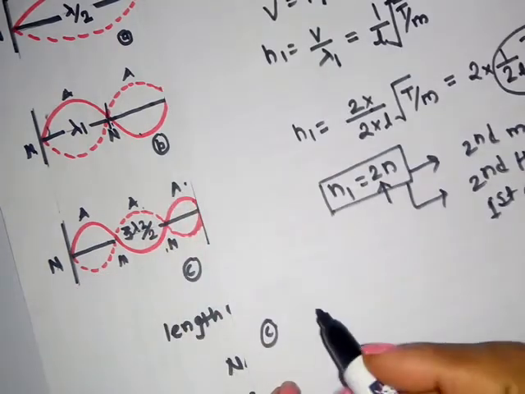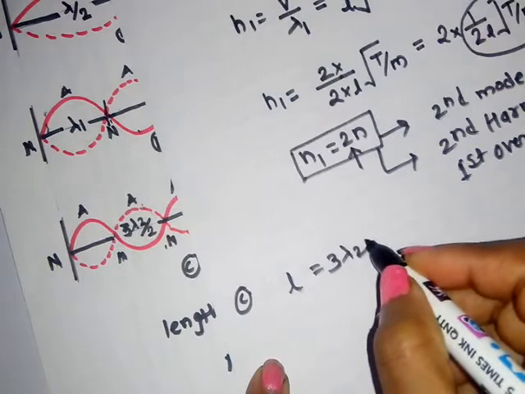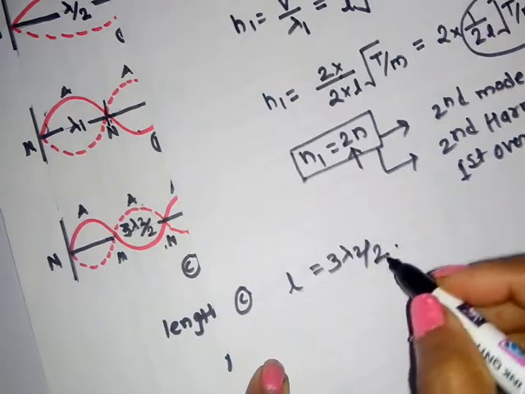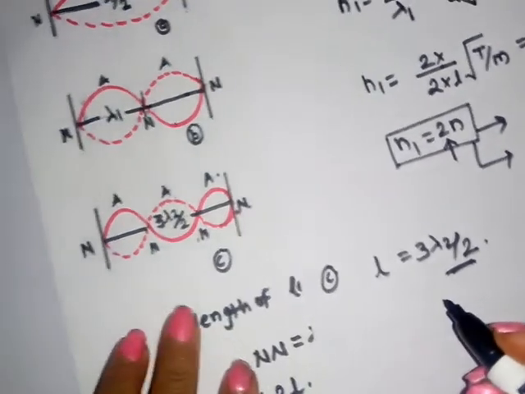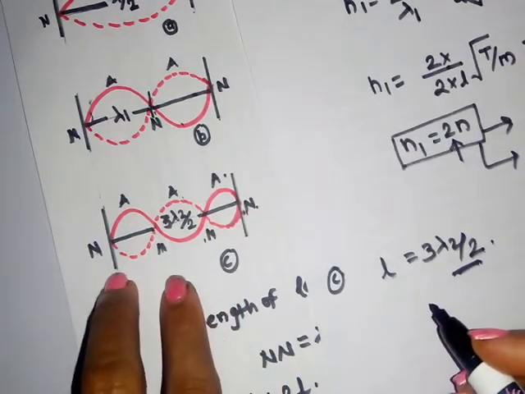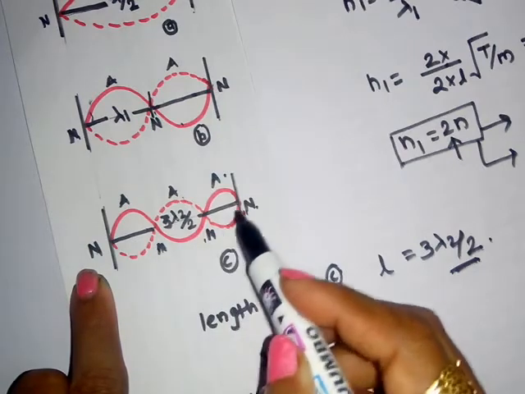Now in this case the vibrating length is given by L is equal to 3 lambda 2 by 2. Now how 3 lambda by 2? For this purpose we can see in this way. Add the distance between node and node, plus node and node, plus node and